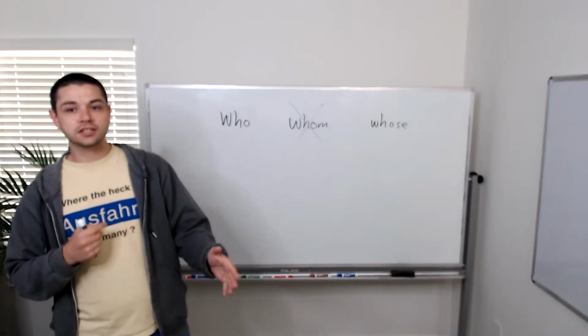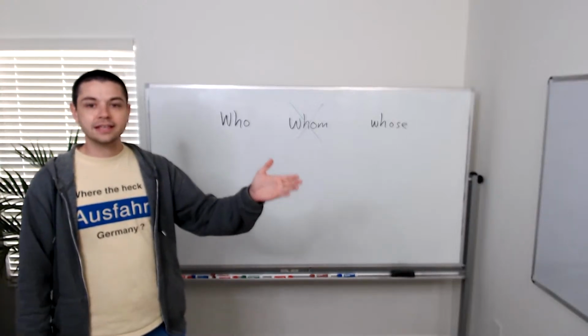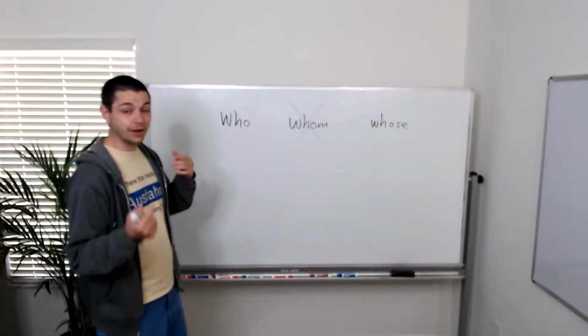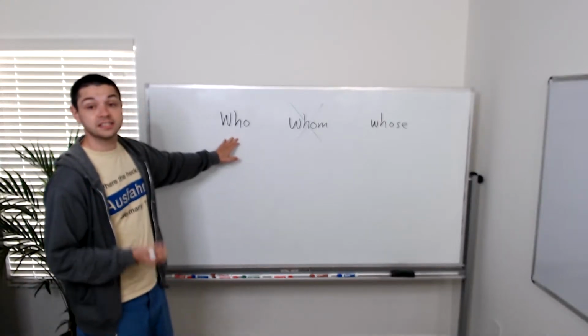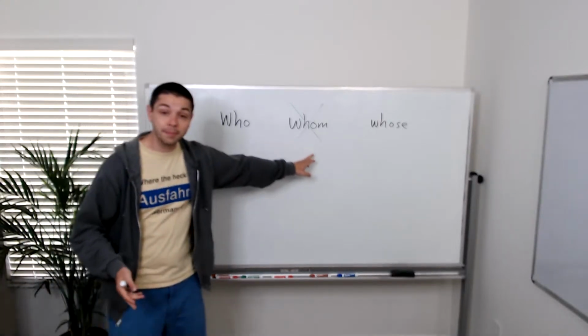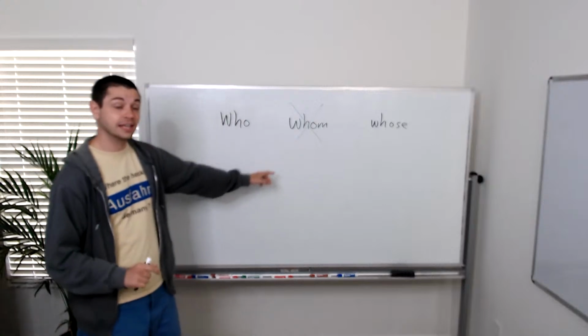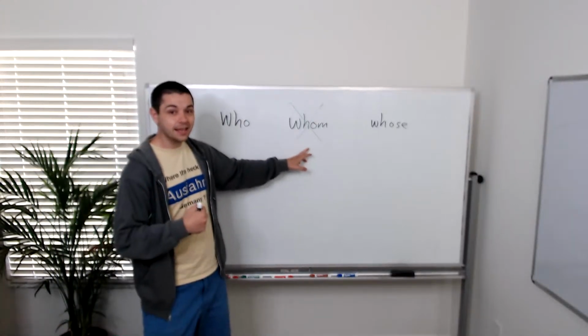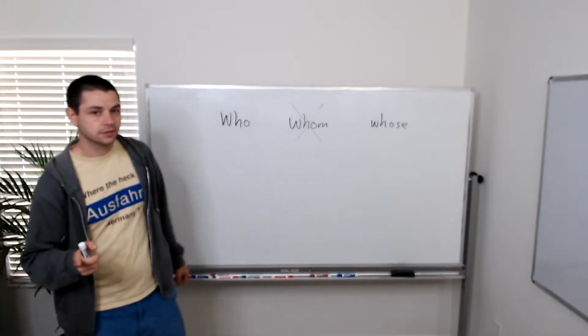But if we change it, he sees me. Both of these words changed, right? Because now he is the subject word. Him was the object word. Just like I is a subject word and me is the object word. So